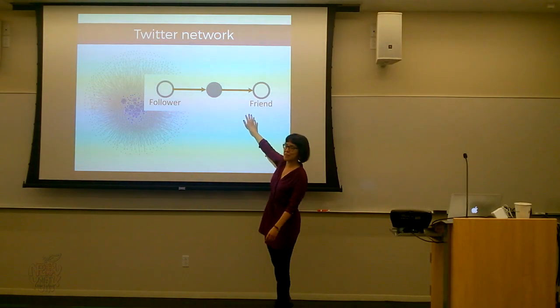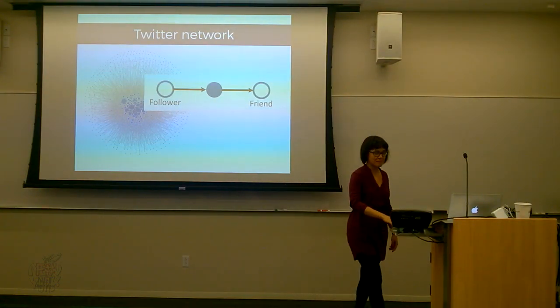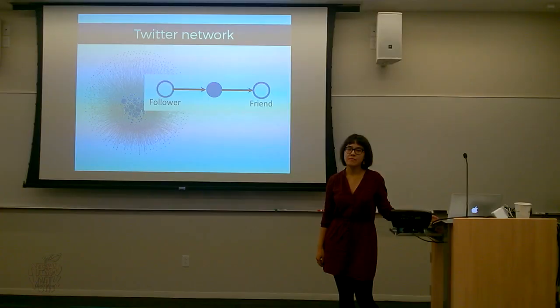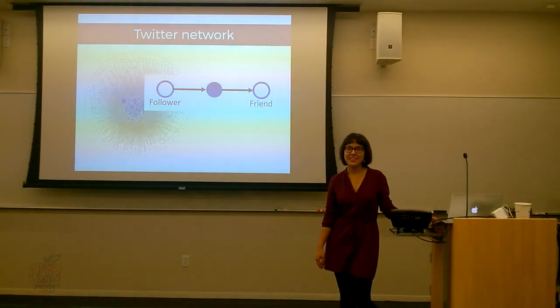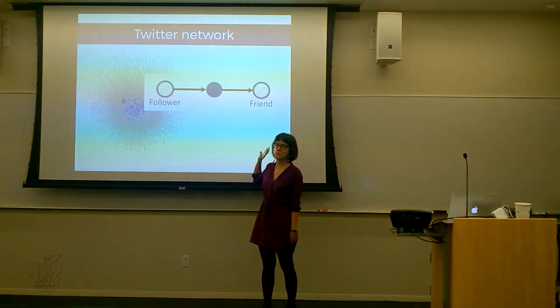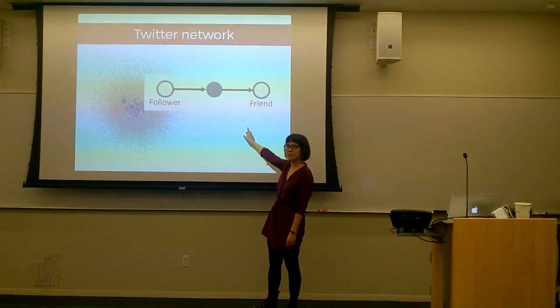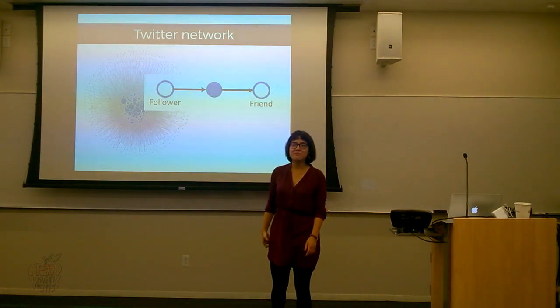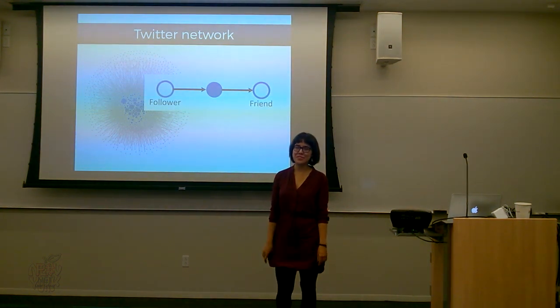When you follow someone, they are your friends. So is there a special word when you're both a friend and a follower of the same? No. You are a friend and a follower. No, because Twitter has oriented links between users. Well, I mean, if I follow you and you follow me, then you can be mutual friends.